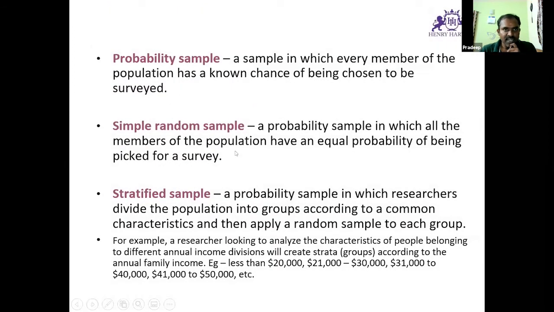In the case of probability, there are two kinds of sample. One is simple random sampling, like a lottery. How is a lottery selected? All these numbers are generated, and there is software that will select 3 or 4 people for the lottery. Stratified is different. For example, you want to study income groups. People may put $20,000 or $21,000, and there will be a lot of samples. So it will be stratified or segmented, and then simple random sampling is done.